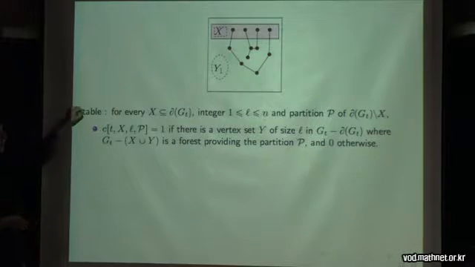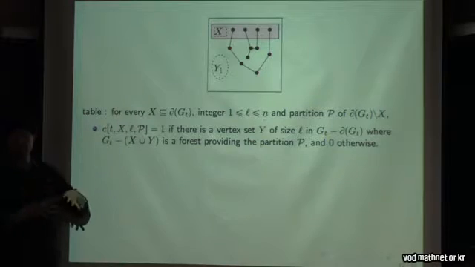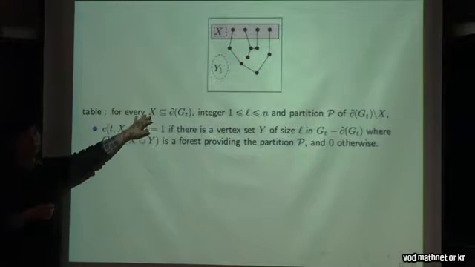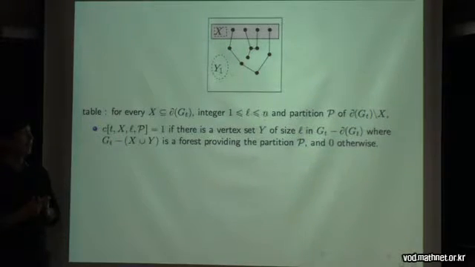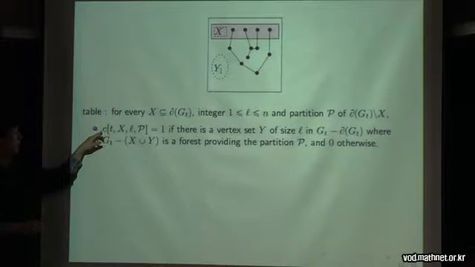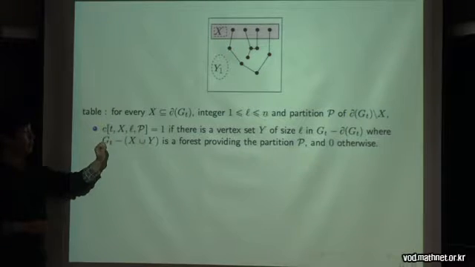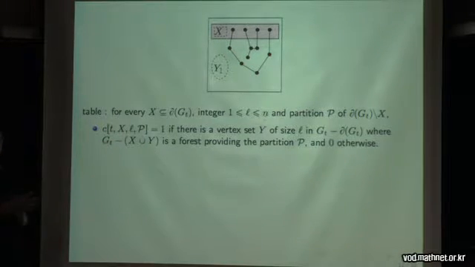And then, in the actual situation, you get something to delete on the boundary. For this, I keep the exact vertex set X, which gives 2 to the size of the boundary options. And then L is the number of deleted vertices in the inside. And then the partition of the boundary minus X, where this partition means that the vertices in the same part are in the same connected component in the remaining forest. So I put C of T, X, L, P to 1 if there is a realization of this, right? There is some Y inside of size L such that G_T minus X union Y is a forest where